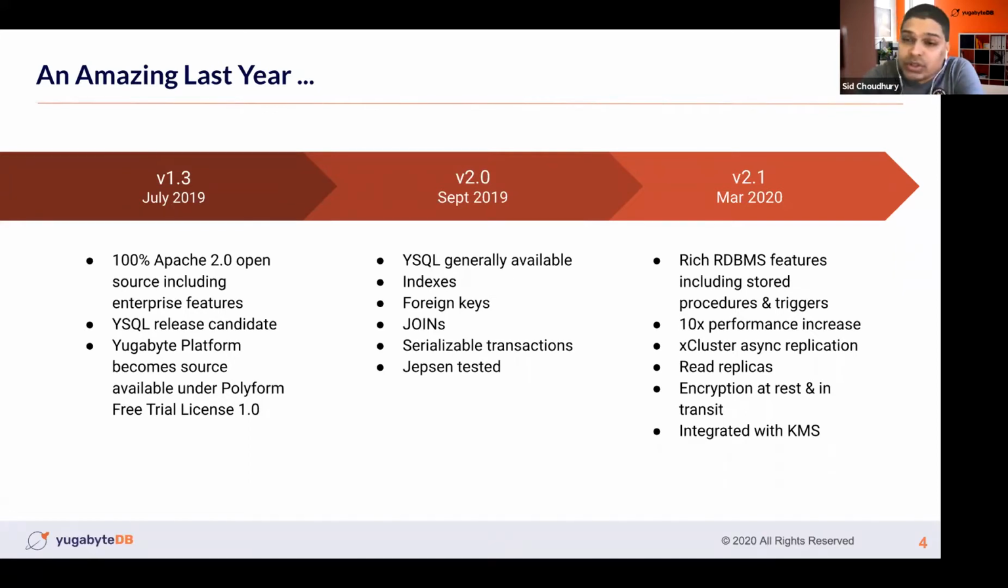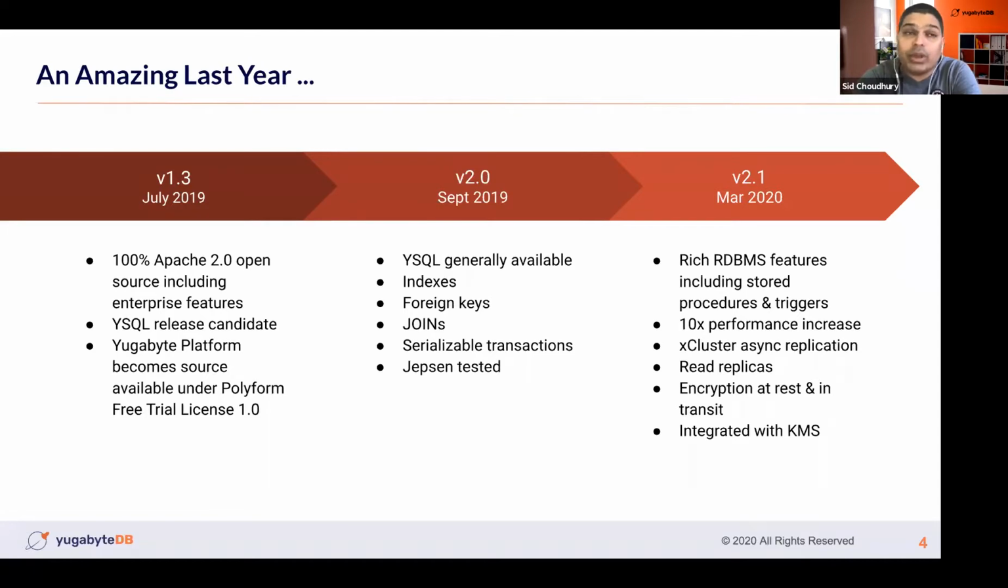Coming to v2.1, which was earlier this year, we kept on pushing the boundaries of how much depth we can add into a distributed relational database, with features that are almost not possible in any other relational database, things like stored procedures, triggers, partial indexes, and so on. A bunch of this comes because we reuse the Postgres native query layer in YugabyteDB, but we change how that query layer functions with the underlying storage architecture. In our case, it happens to be DocDB, which is the globally distributed, Spanner-inspired distributed document store.